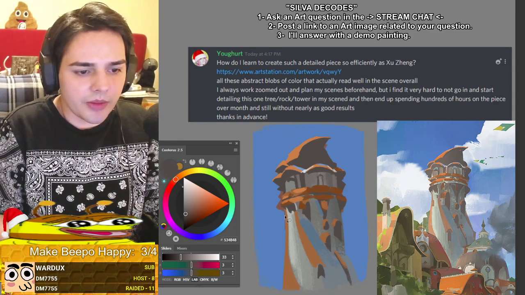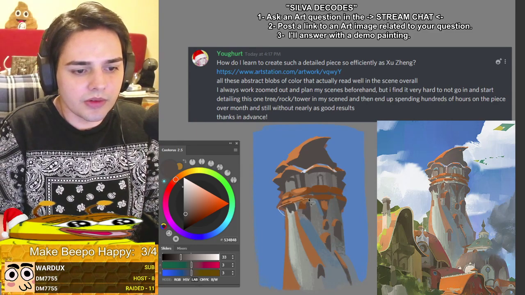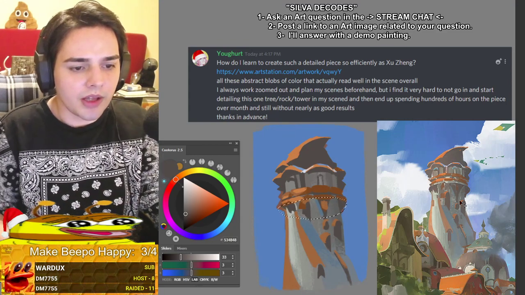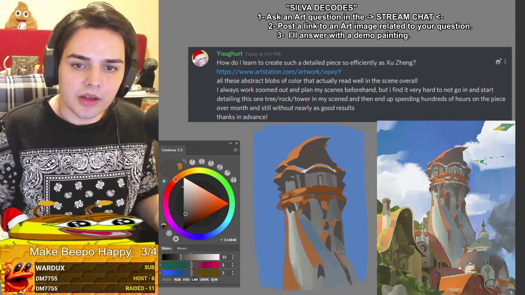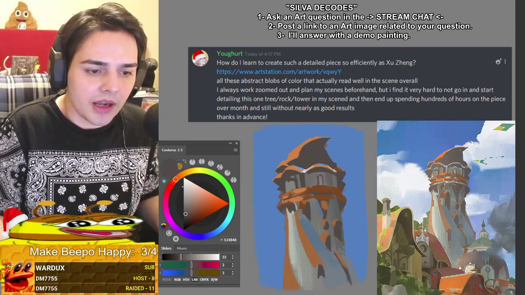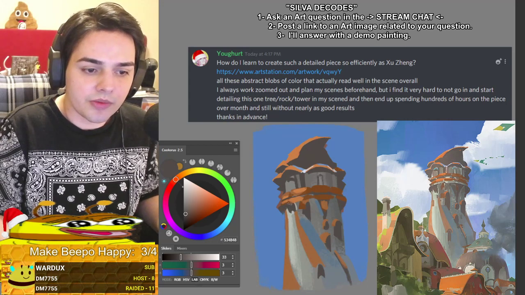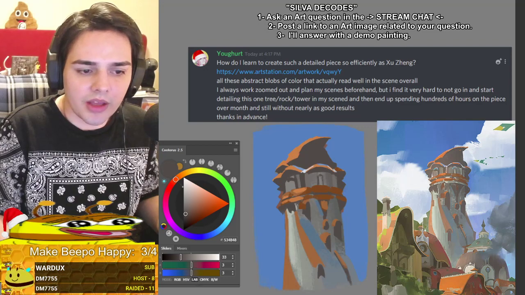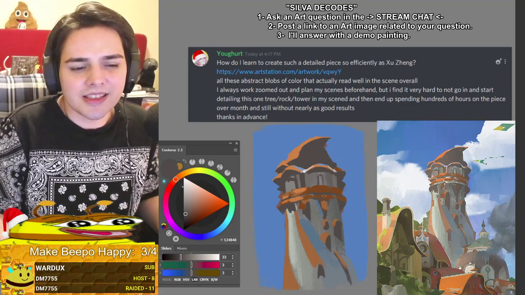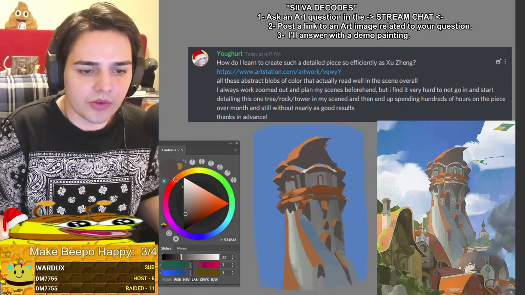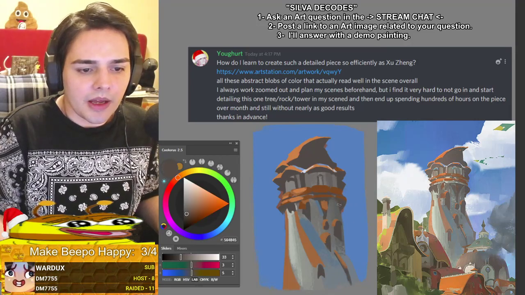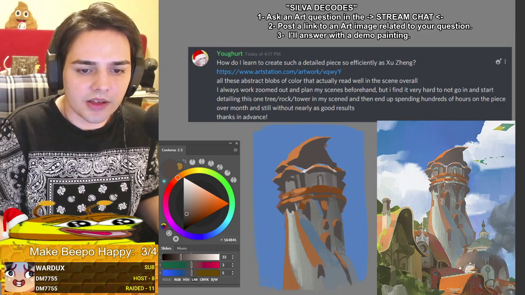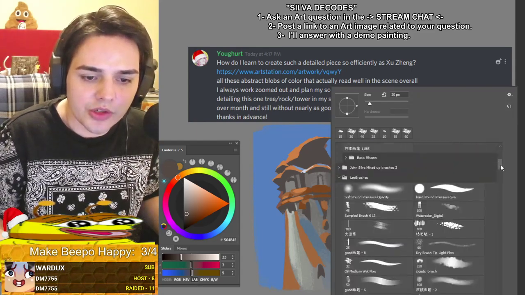Okay, I'll use a little bit of the lasso tool. So he probably does draw with the lasso tool, hides it, and then I'm just going to make a new layer. And then he uses a texture brush, and that's how he creates some of his really nice brush work. I know you didn't really ask for that. Well, I guess it is an extension of your question. A lot of his brushstrokes come from the really nice selection that he has, and I'll use a different brush to prove